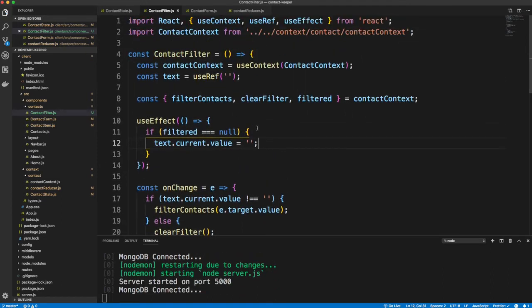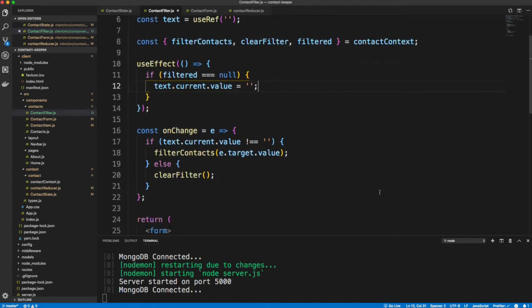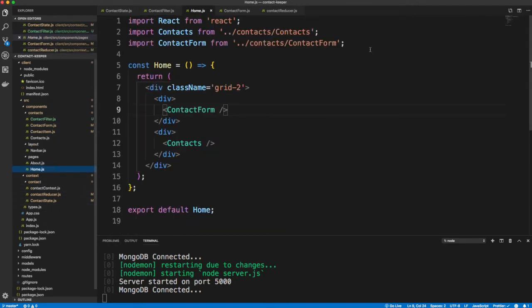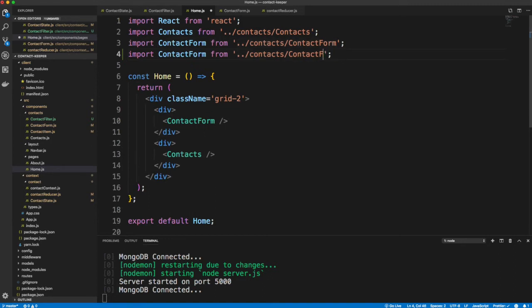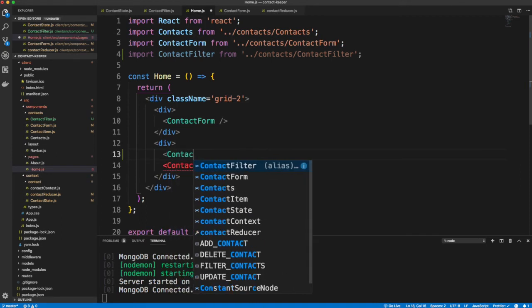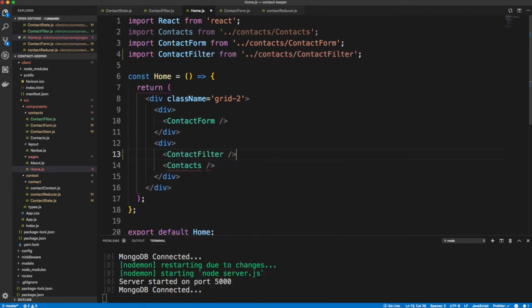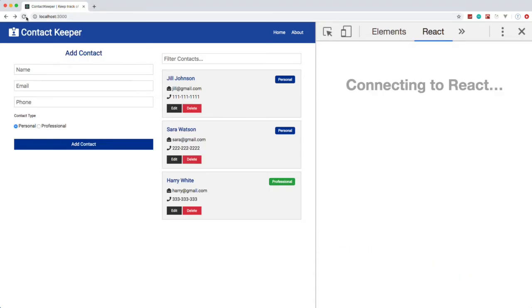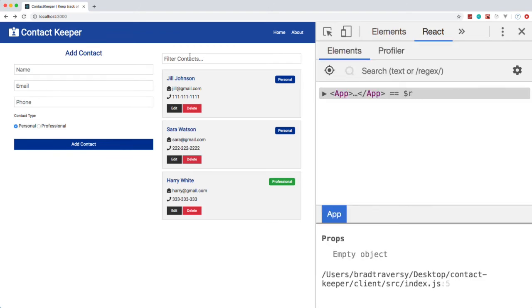And I think that should do it. So let's insert this or embed it into Home.js. So we'll go to Home.js and bring it in. Contact filter, I called it, right? Okay, and then we're going to put it right above contacts. Okay, now if we go back, you can see we have our filter contacts